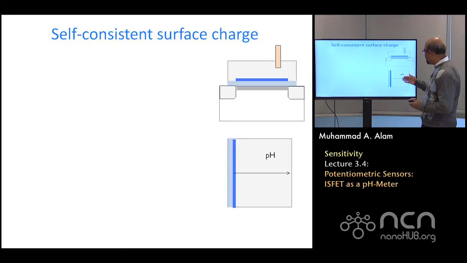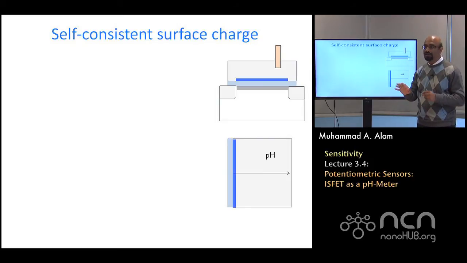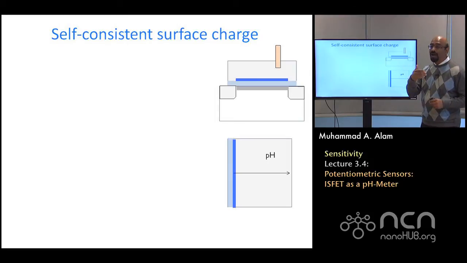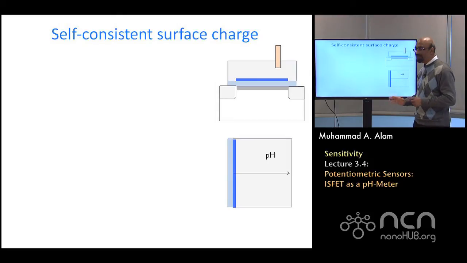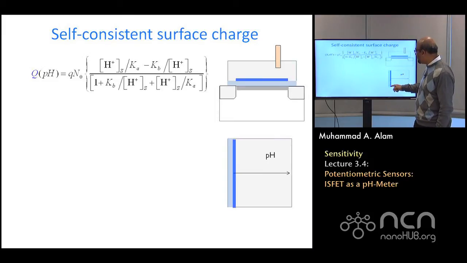Assume that you have a certain pH, and as a result on the sensor surface, you have these positive and negative charges, and overall, let's say you have a surface which has a positive charge. Now, as soon as that happens, this positive charge will kick all the hydrogen atoms away from it, because those are positive and they'll push them away. And we're trying to bring all the OH groups close to the surface. So therefore, you have to have a consistency requirement before this charge is fully calculated. And here is how it's done. Remember this total charge on the sensor surface, the blue?